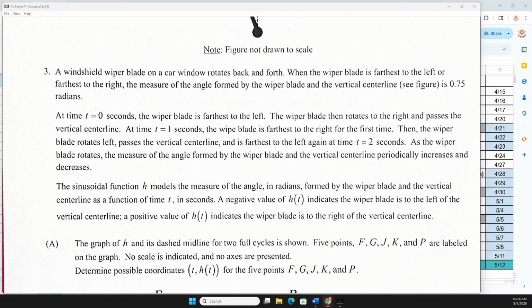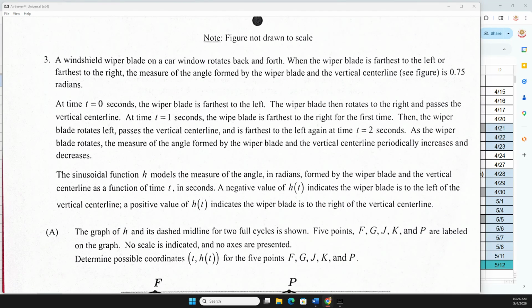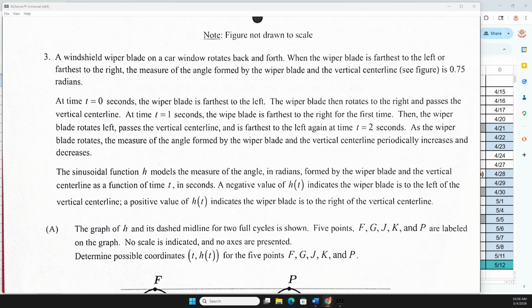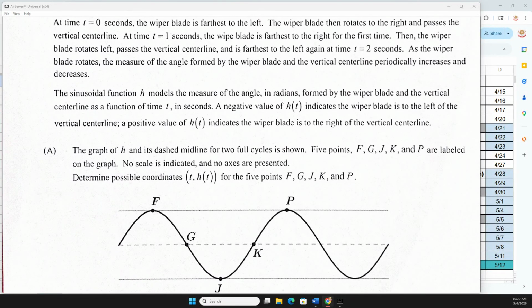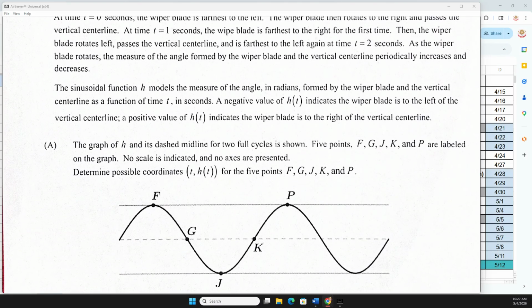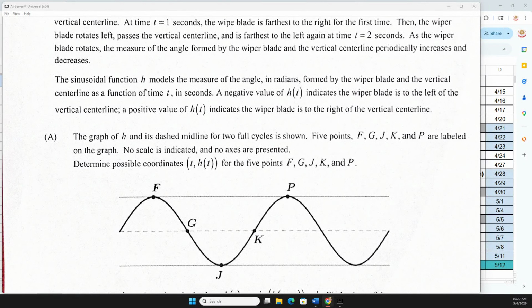At time t equals 0, the wiper blade is farthest to the left. The wiper blade then rotates to the right and passes the center vertical line. At time t equals 1 second, the wiper blade is farthest to the right for the first time, and then the wiper blade rotates left and passes the vertical center line, farthest to the left again at t equals 2 seconds. All right, as the wiper blade rotates, the measure of the angle formed by the wiper blade and the